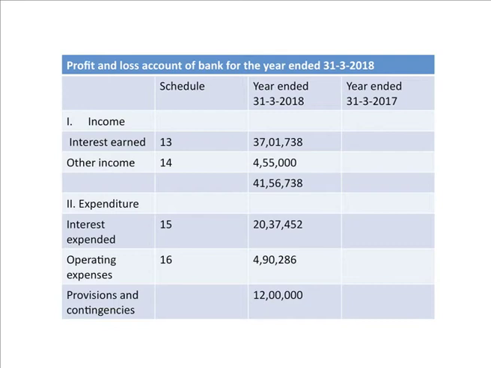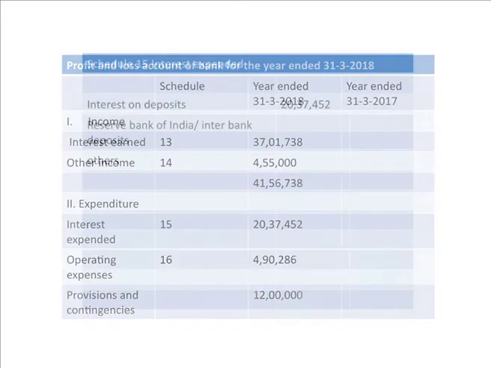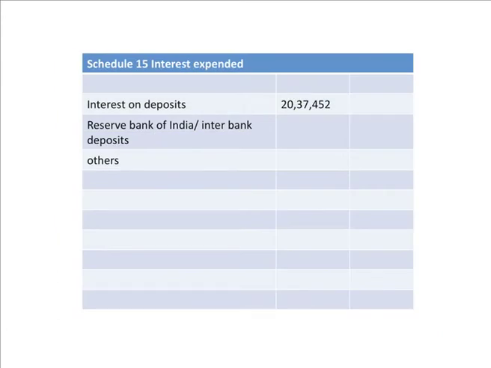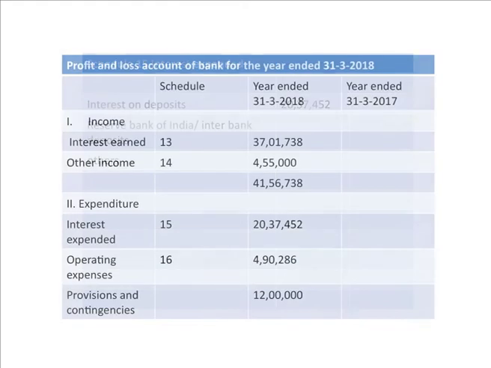So, our total income is coming as, adding 37,01,738 and 4,55,000, 41,56,738. Now, coming to the expenditures, we have to prepare two schedules, interest expended and operating expenses. So, let us see schedule number 15 first. Schedule number 15 will have interest on deposits, that is 20,37,452. It is given straight in the question as information, and from this schedule we will insert it against schedule number 15,